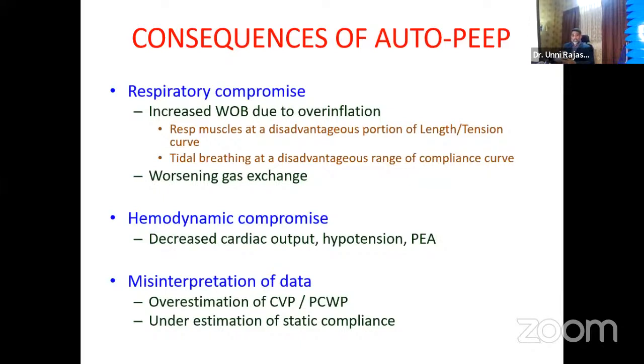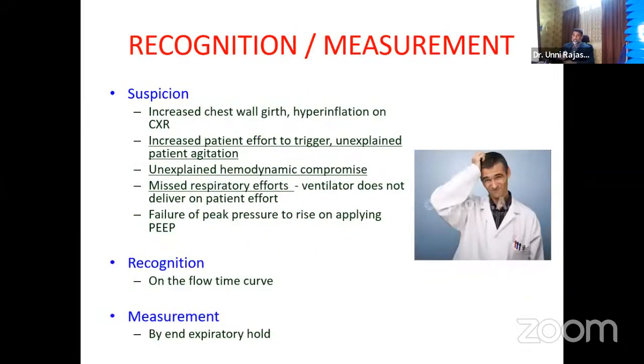And if your patient is on lines, you can have an overestimation or underestimation of compliance as well. So ultimately, what this leads to is increased mortality if you don't actively address auto-PEEP in our patients. So recognition is important. You need to understand whether the patient has effort to trigger, any unexplained patient agitation, hemodynamic